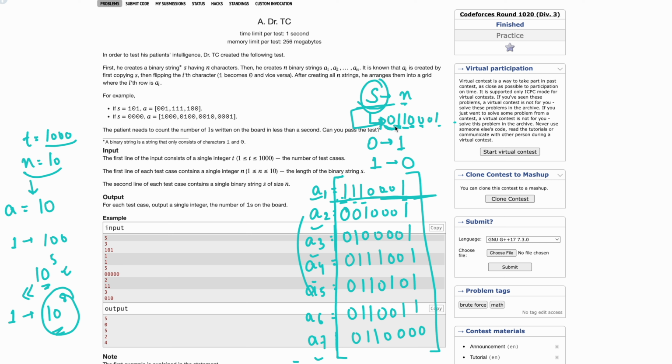Let's see the second character, that is 1 in the original string s. How many times does this 1 appear at the second location in the final grid? So 1, 2, 3, 4, 5, 6. Only one 0 is there. Rest all the characters at that second place are equal to 1, which means that in the original string s,